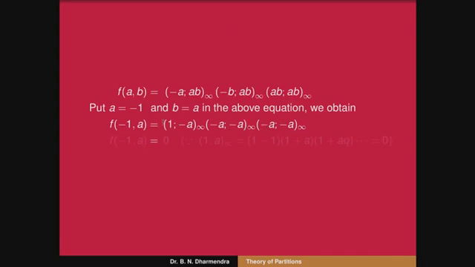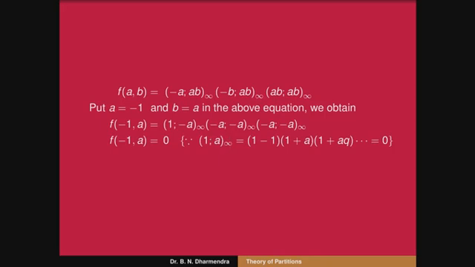So, the first value we can observe is (1; a)∞, whatever it may be, either in terms of plus a or minus a, that is (1; ...)∞ or simply in terms of a q-shifted factorial, that value is equal to 0. So, therefore, if the first term is equal to 0, then multiplying these two terms, 0 into the remaining finite terms becomes 0. So, therefore, f(-1, a) is equal to 0, because (1; a)∞, here a is the base.